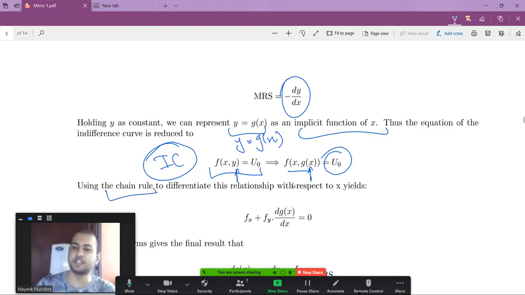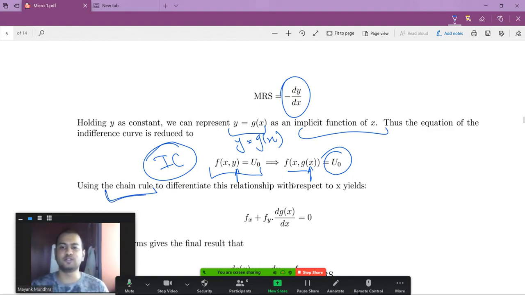Now if you don't know chain rule, that's okay. We are going to do differentiation, and at that point of time we are going to go over chain rule. This part you can revisit after we do chain rule. I don't feel comfortable introducing chain rule right now because it's a huge topic. So you can revisit this thing after we do chain rule.